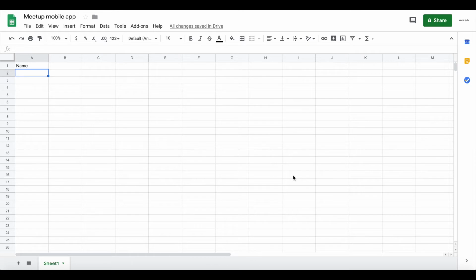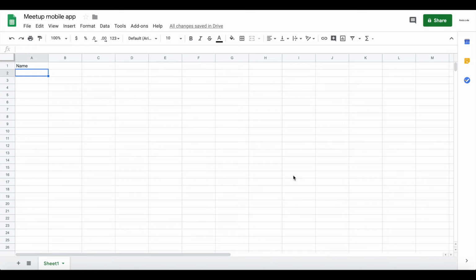Tutorial for Nocode HQ, and today we'll be building a simple Meetup clone or mobile app using Glide and a Google Sheet. So basically this will be a mobile app similar to Meetup where you can browse through different Meetup groups as well as the different meetups that are happening within your area. See where they are, see some information about them, and also take part in them. And we're going to do all of that using Glide in a Google Sheet and without writing any single line